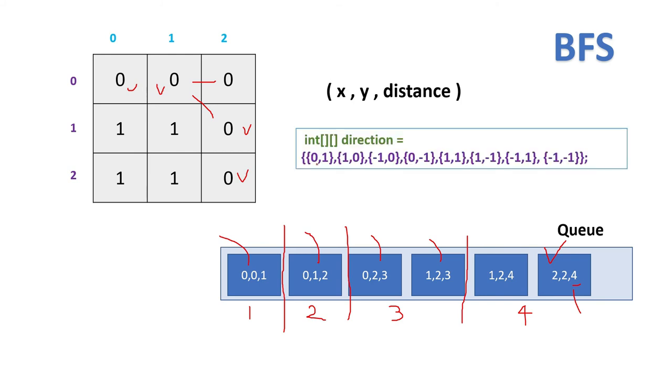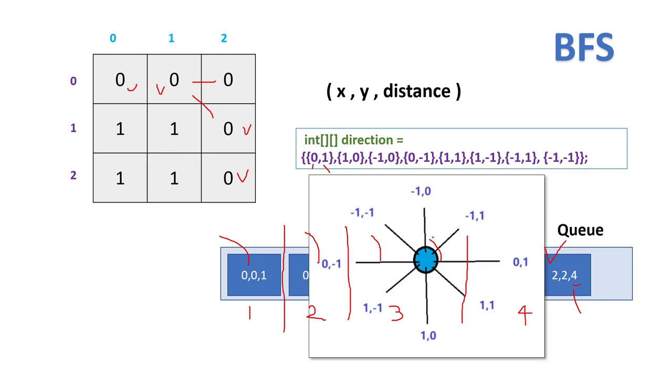For that purpose, we can maintain a two-dimensional array. There it will be 0, 1, 1, 0. So for a particular cell, if we add its x and y values with this x and this y, then whatever new coordinate we get will be the direction for that. So if you look at this image, you can see if you add 0, 1, then it is denoting the right side cell. If you add 0, -1, then left side. Top is -1, 0, down is 1, 0, like that way.